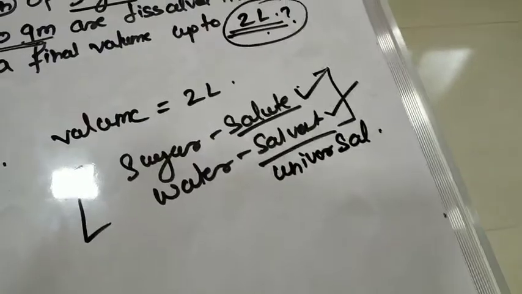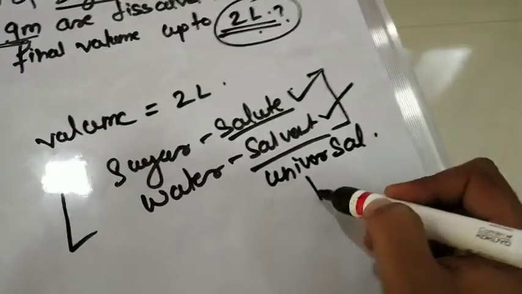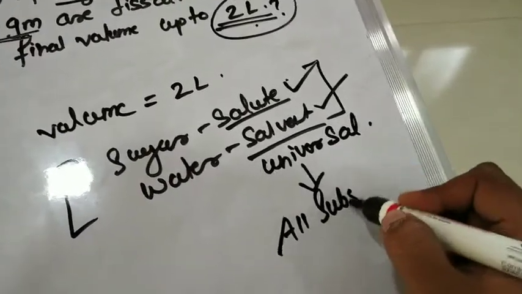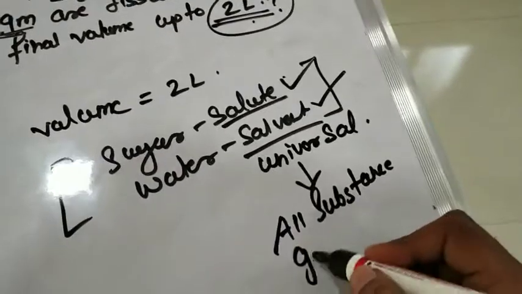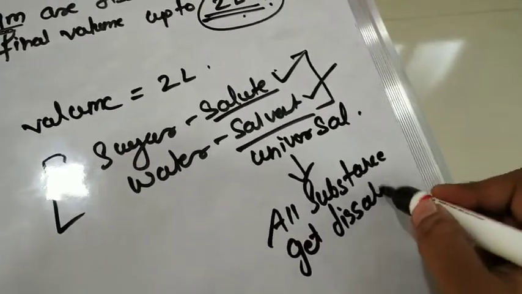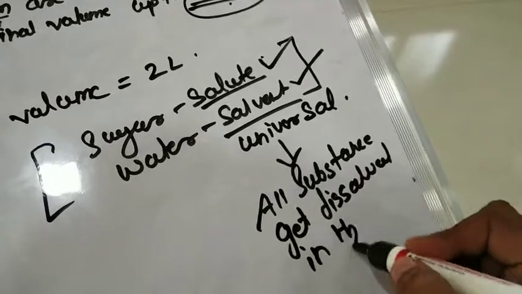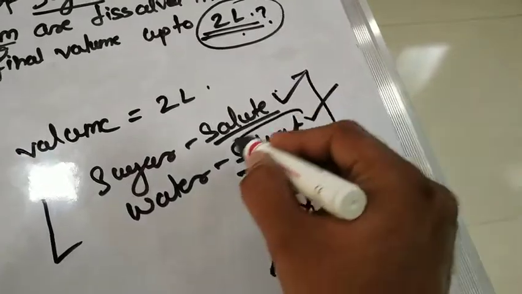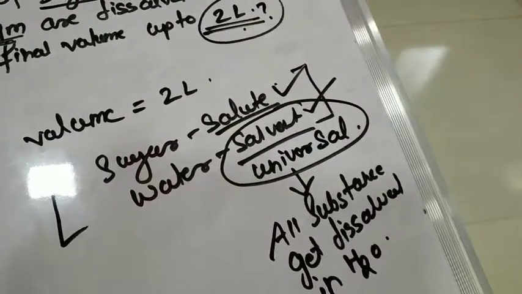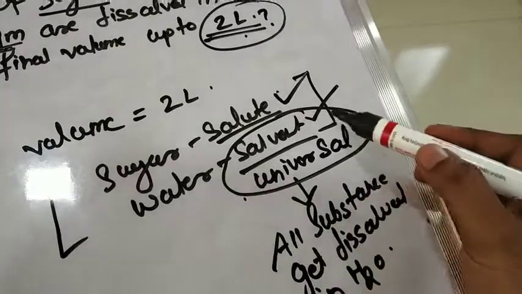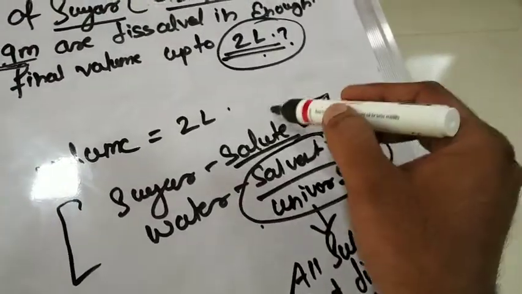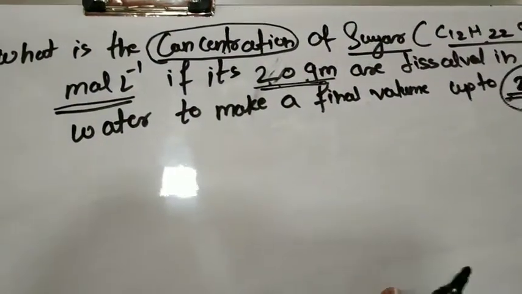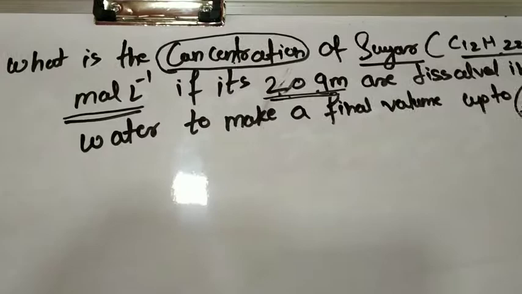यूनिवर्सल सॉल्वेंट, जिसमें सारे की सारी चीज डिसॉल्व होते हैं, उसको हम लोग यूनिवर्सल सॉल्वेंट बोलते हैं. All substances get dissolved in water. Okay, all substances get dissolved in water. That is why it is called as the universal solvent, which is in a major part. See, solvent will be always in a major part and solute will be always in a minor part. Okay, now I hope that you have noted down the whatever the given data was there,